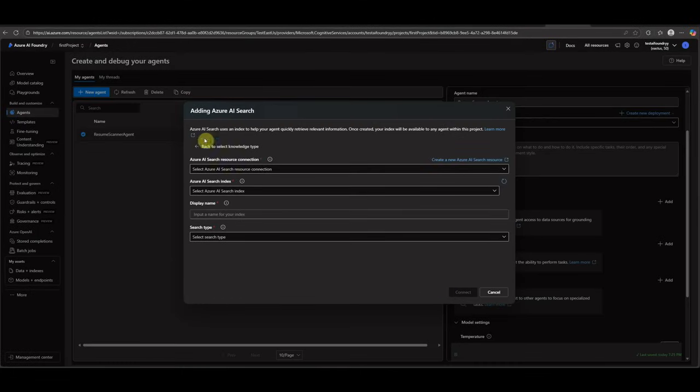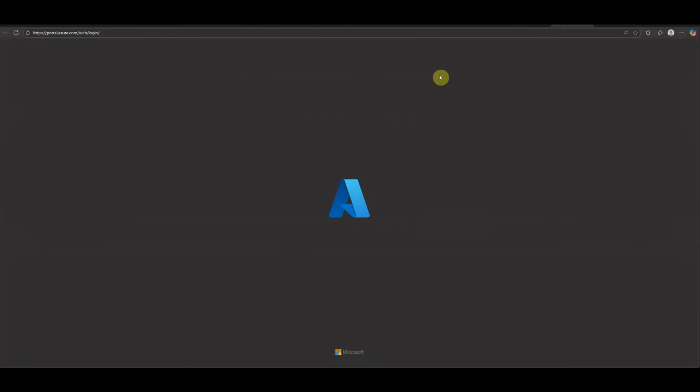Let's go to this, and here if you have seen the screen earlier, that was showing whether you have already created the index. So if you have already created, then it will ask you to select. If not, then it will show you this particular screen. So in our case, we are doing everything from scratch, so no indexes were created earlier. Now if you will click on this, there is an option, connect other Azure AI Search resource. So if you have already created something in the same region, you can go ahead and connect using this option. Otherwise, you can go and click on this create new Azure AI Search. Using this, we will be creating a new instance of Azure AI Search, which will be holding our data, index